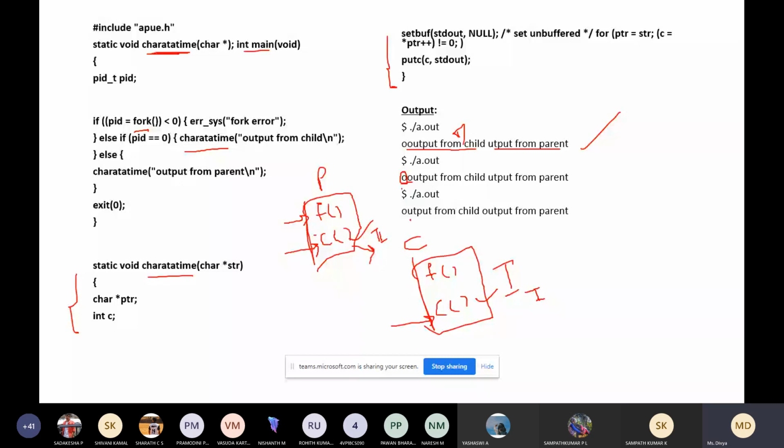Like this there will be switching. So at that time, what will happen? It will start printing something like this: O, O, U, U, P, something like this. So there is no clear picture of who is given the priority. It will start printing each individual character based on the time it is allotted, so it will not give a clear output.